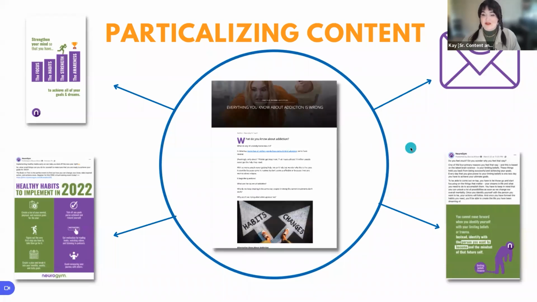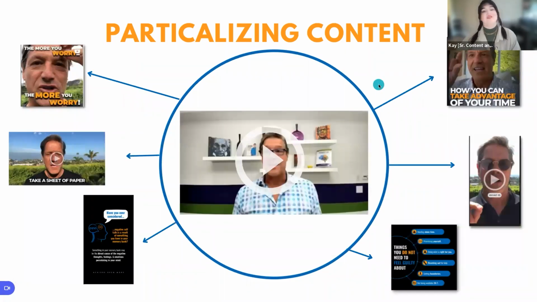So that's a blog. What about a video? Let's say that you created a 5-minute training one time, or a 10-minute training, or an hour training. What can you turn that into? Well, let's just say hypothetically, it's only a 5-minute video. First you're going to get a transcript of that video. So now we have the text from that video, which is basically a blog, and the video itself. That video can be shortened into a reel under 1 minute. So you take the best 1 minute of that video, you turn it into a reel.